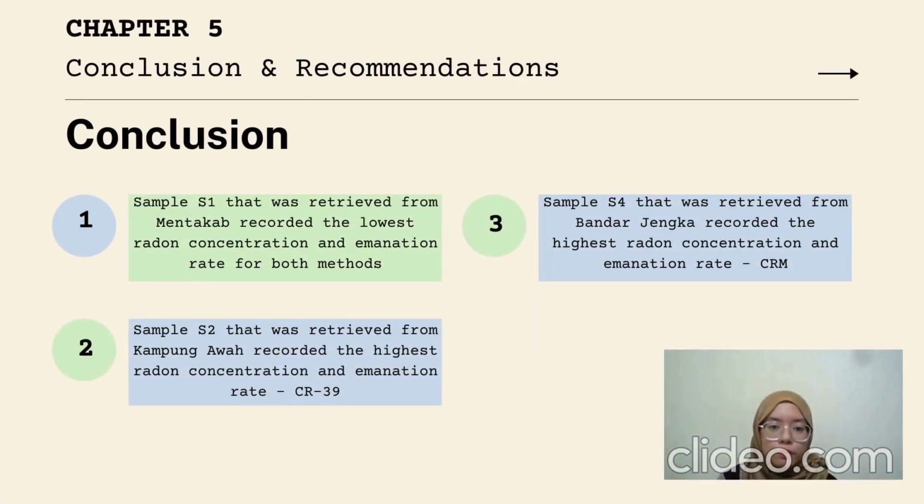Moving on to the last chapter, conclusion and recommendations. Sample 1, which was retrieved from Mentakap, recorded the lowest radon concentration and emanation rate for both methods. However, when using the CR39 method, sample 2, which was retrieved from Kampung Awah, recorded the highest radon concentration and emanation rate. But when using CRM, sample 4, which was retrieved from Bandar Jengka, recorded the highest radon concentration and emanation